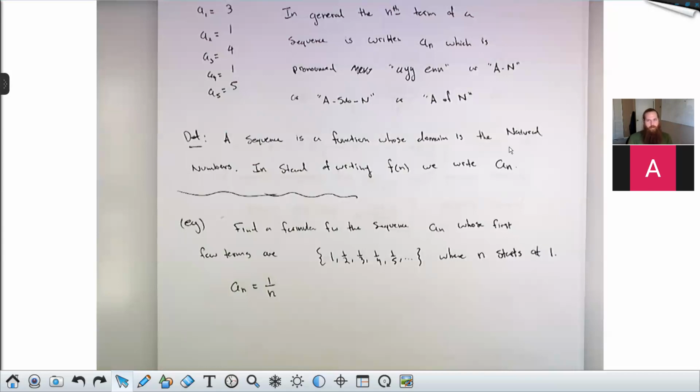The set of the natural numbers that is supposed to be the domain of these sequences, some people include 0 as a natural number and some people don't. Personally, I do include 0 as a natural number, but your textbook doesn't. So in my examples, where convenient, I will go with the textbook's notation, which is that these sequences usually start at n equals 1, but sometimes it just makes things a little bit unpleasant. So yeah, Zach, your answer would be fine if n started at 0. But if n started at 1, as it usually will in our homework problems and in our textbook, then I would just say here an is 1 over n.